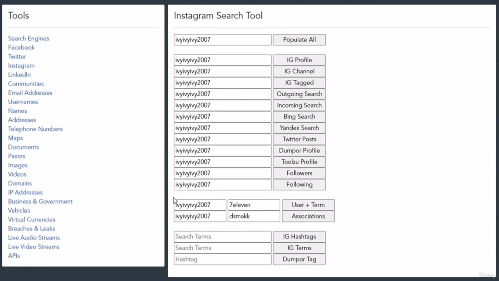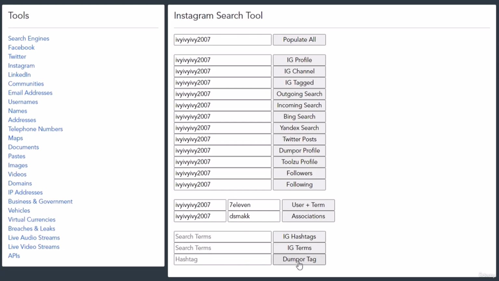At the end we have three more search buttons. The first one will simply search Instagram for any hashtag we type in. However, keep in mind that it doesn't have to do with our suspect. Then the next one is the IG terms button. This one will use Google to search for any terms we specify, but within Instagram, and it again uses the site: search operator.